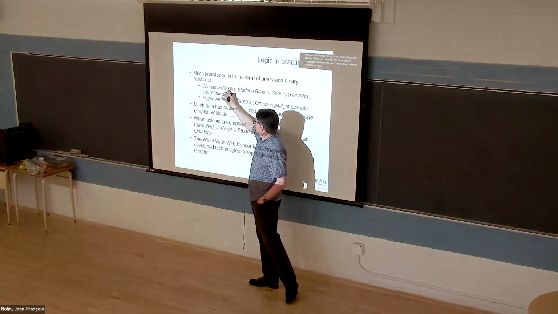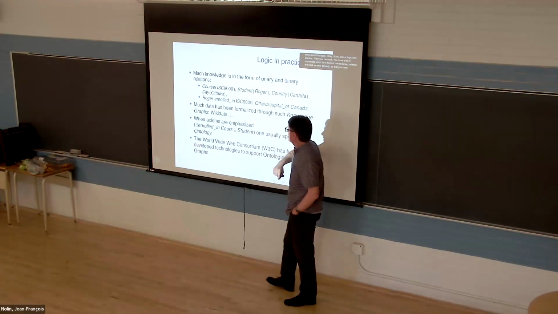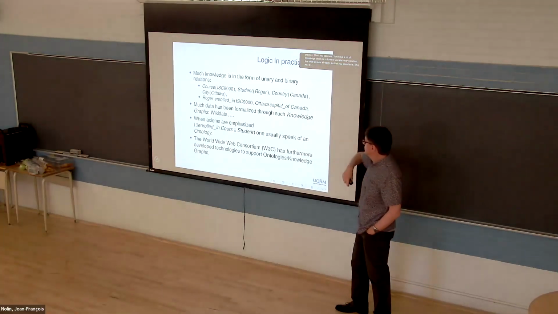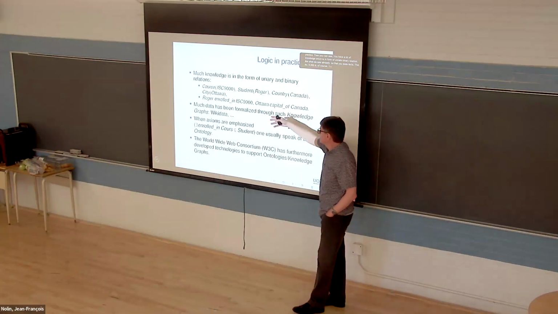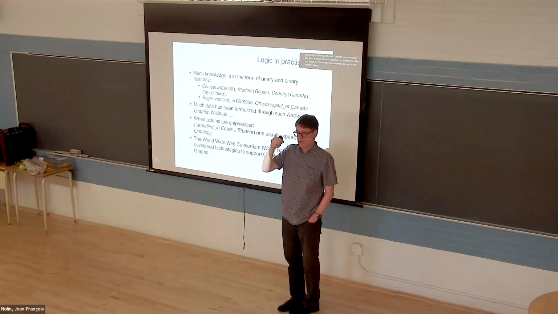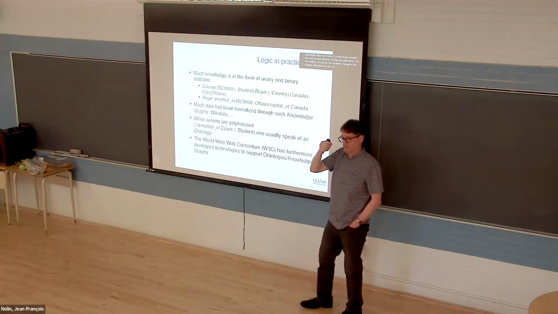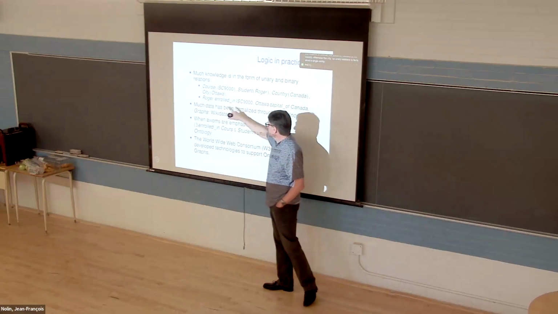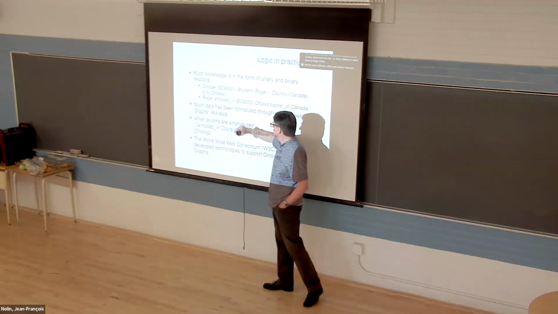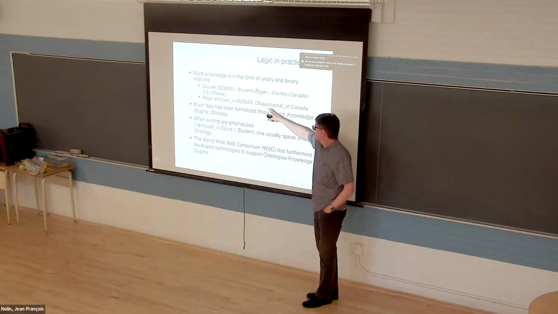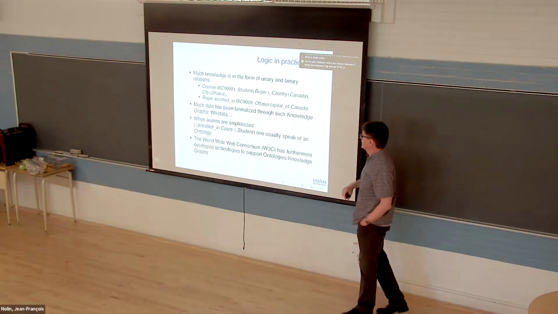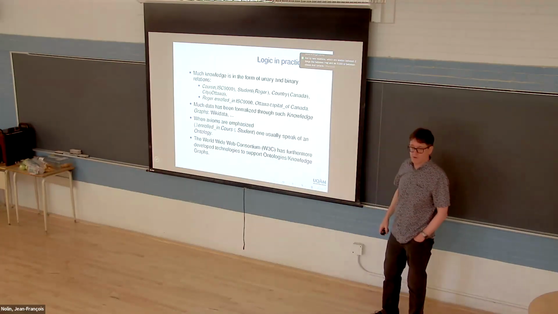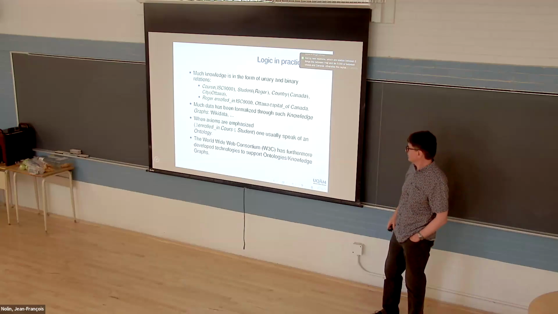So you state facts like ISC 9000 is a course, Roger is a student, Canada is a country, Ottawa is a city. So a unary relation is a fact about a single entity. And binary relations are relations between two things, like between Roger and ISC 9000, or between Ottawa and Canada: Ottawa is the capital of Canada. You have a lot of facts which are represented in this kind of way.